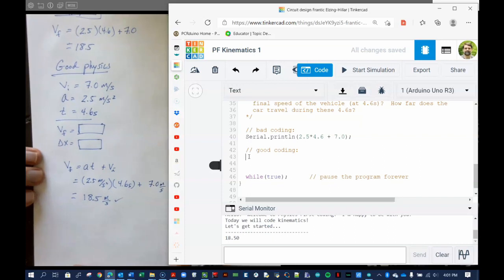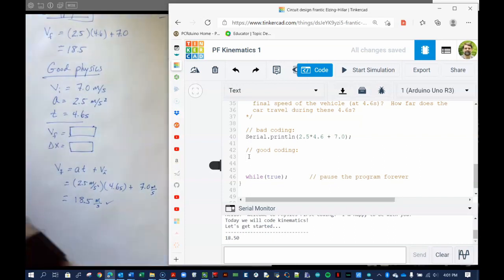In computer science, we will define our variables using one of these data types. Typically, if you're doing math, you can define it as a floating point number, or more simply, as a float, F-L-O-A-T. And so that's going to help us tell the computer, hey, we want to create a variable. Okay, so let's name our variable, and let's call it VI. And that's it. So we've just created this initial velocity variable, VI. And we might want to put a little comment here to tell the programmers who come behind us what this is. Initial velocity